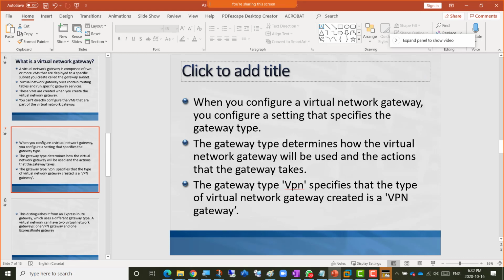So when you configure a virtual network gateway, you configure a setting that specifies the gateway type. The gateway type determines how the virtual network gateway will be used and the actions that the gateway takes. The gateway type VPN specifies. So what it's saying in English again is that